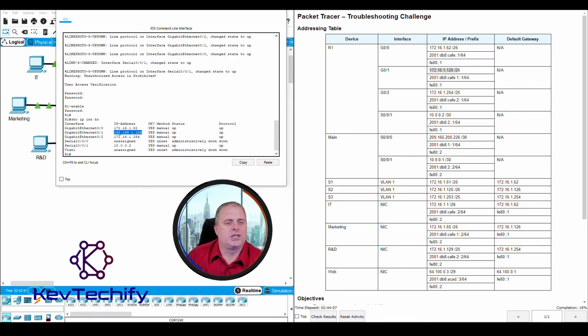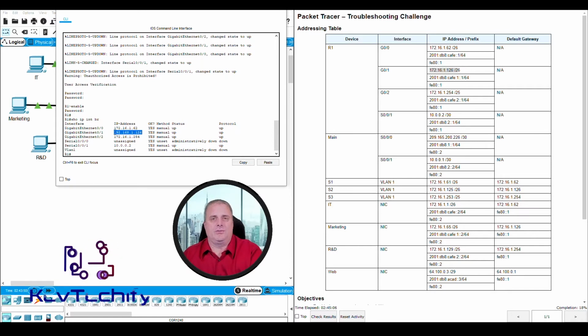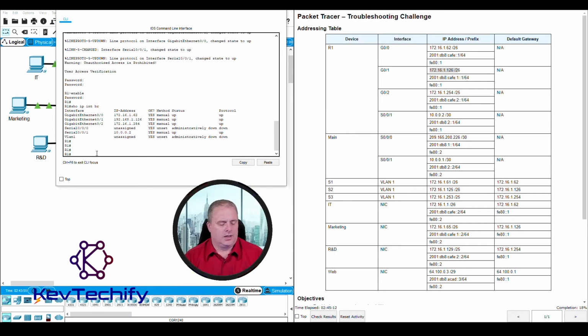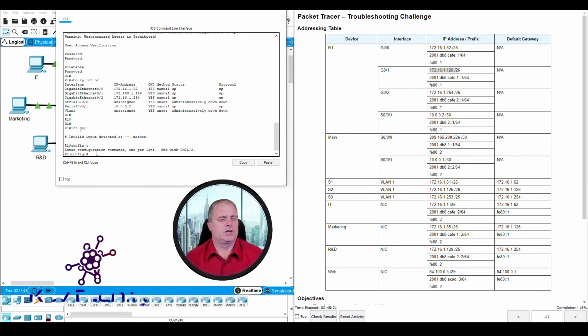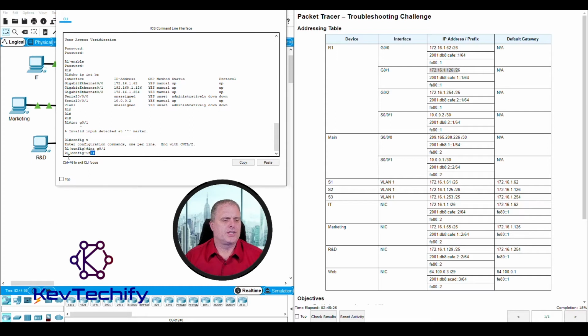We need to go in and change our IPv4 address on Gig 0/1. Once again, to change an IPv4 address in the Cisco IOS, all you do is retype the IP address command and it overwrites that address. That was on interface G0/1. Oh, I gotta get into global configuration mode first. Now interface G0/1. There we go. We are now in interface configuration mode. Changing the IP address, we just enter the IP address command with the correct one. So ip address. Our correct address is back in our addressing table,